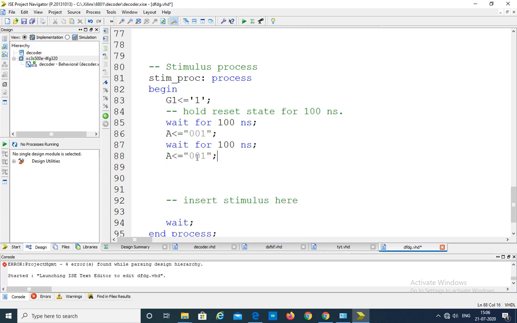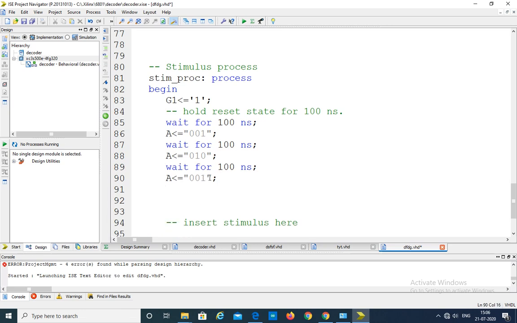Again change the combination: 010, 011, 100, 101.